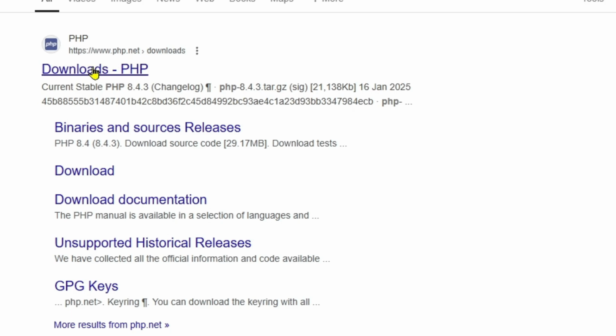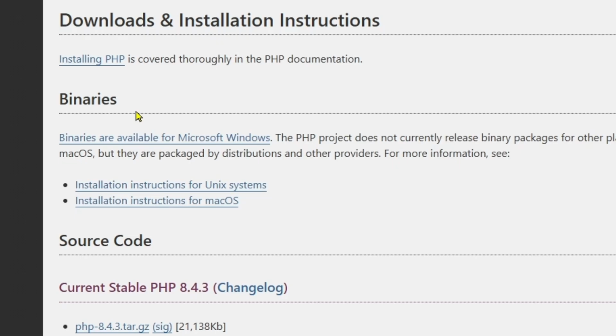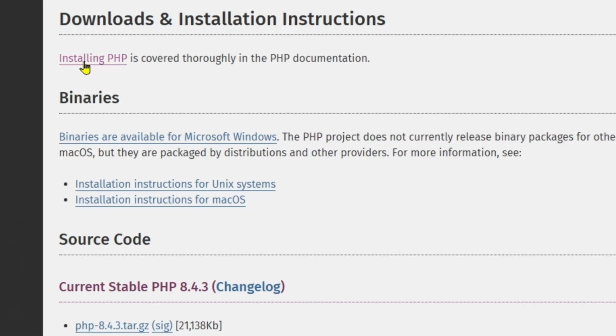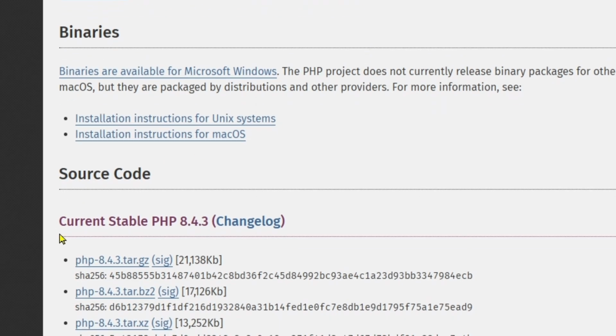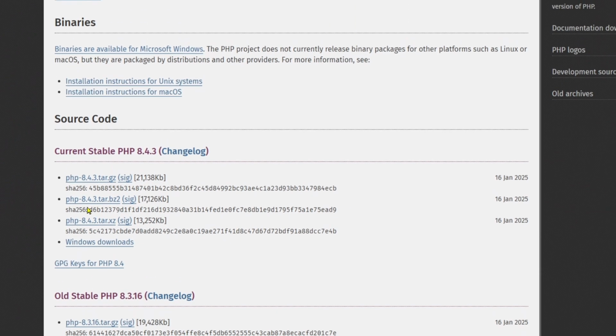www.php.net, and you can see the website name is downloads PHP. If you click on this website, you will get these download and installation instructions. You can see the current stable PHP 8.4.3 option over here. If you want to download it for Windows, you can simply click on this Windows downloads,